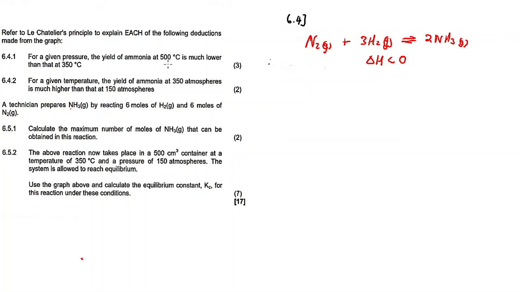We are comparing a temperature between 350 and 500, and we want to understand why the yield at 500 degrees Celsius is lower than at 350 degrees Celsius. Why is that so? Since the forward reaction is exothermic,